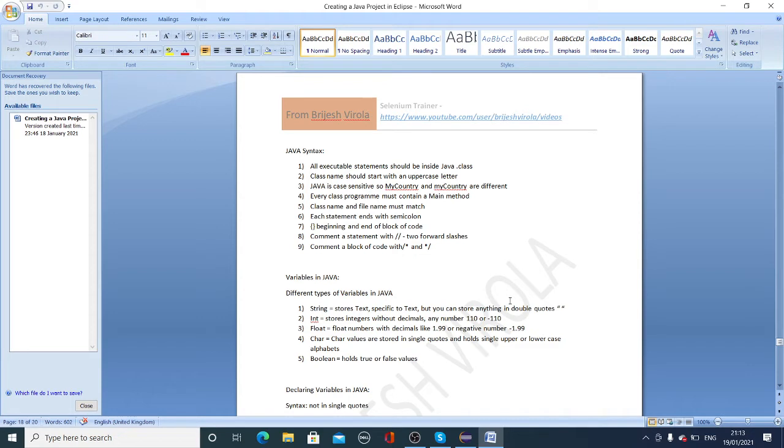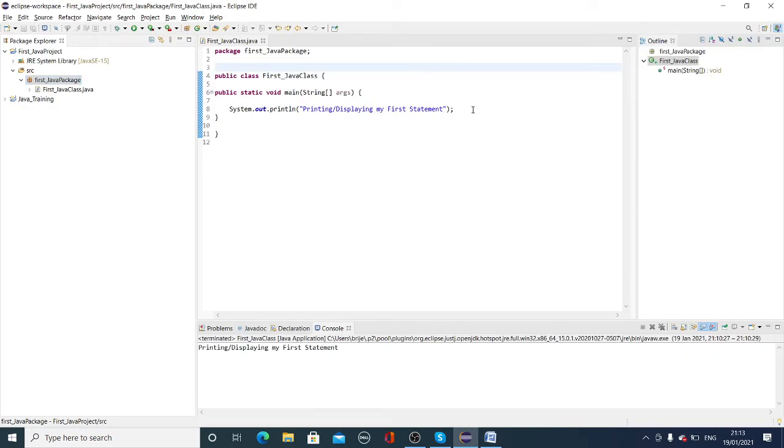Java is case sensitive. So it's a variable: myCountry and MyCountry are different. Here if I put something in, a variable, String myName equals "Brijesh". If I put something else, that's fine.